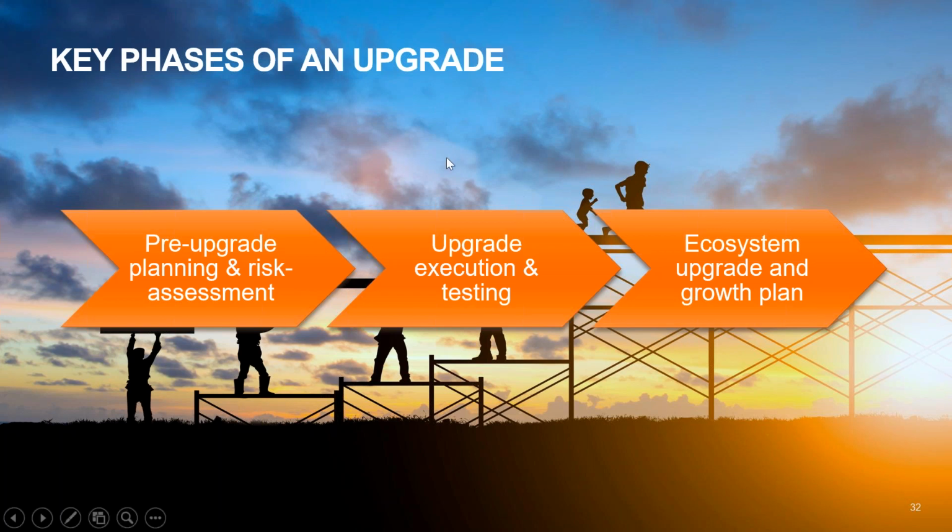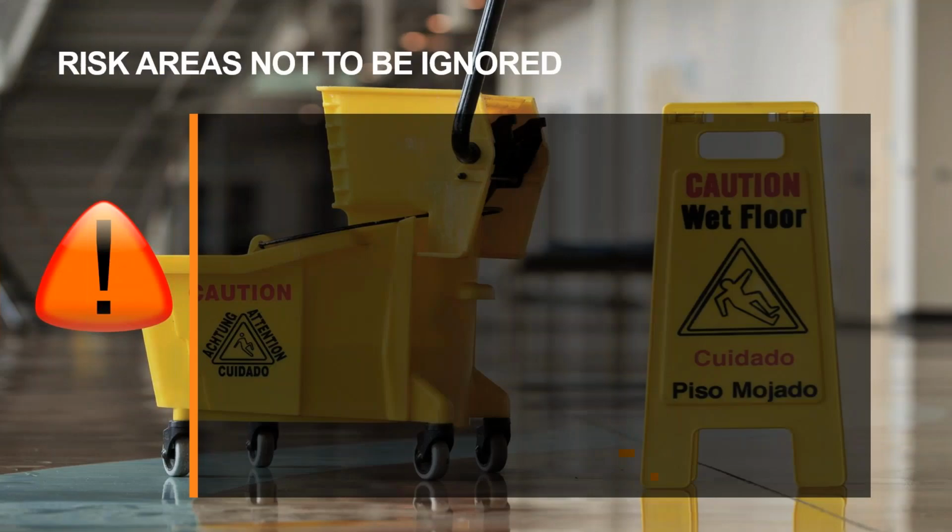The final step is really to upgrade the surrounding ecosystem. We'll talk about things like search, analytics, commerce, and all these components really need to be made compatible to the new version of Sitecore that we have brought in. And last but not the least, the growth plan is something which we as marketers miss out a lot of times while doing an upgrade, but that is certainly the step that leads to the maximum ROI for an upgrade.